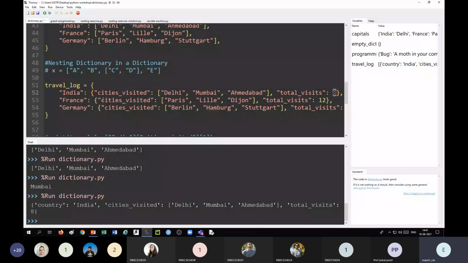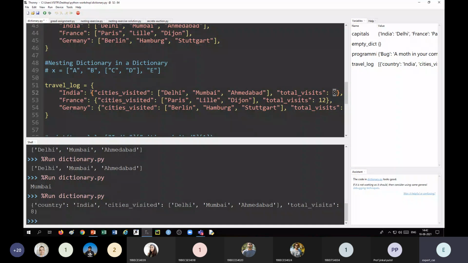So here I have two elements in the dictionary. One key is cities visited and its value is a list. Other key is total visits and its value is 8. Similarly, I have taken three keys in the travel log.